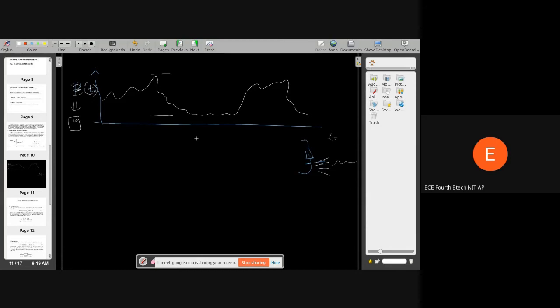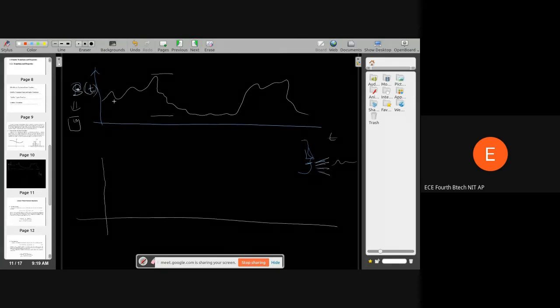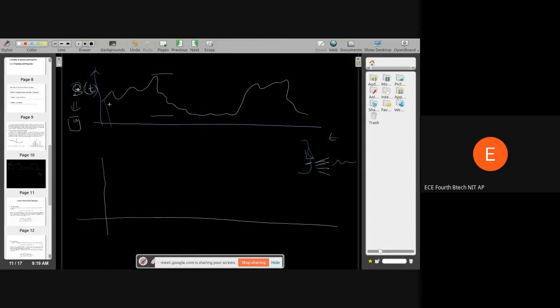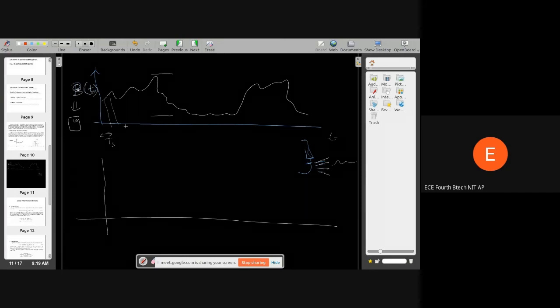Neither can any system process infinite values. A computer is a digital system. So what's a digital signal? A digital system will always process digital signals only. So every certain TS, which we call the sampling period,